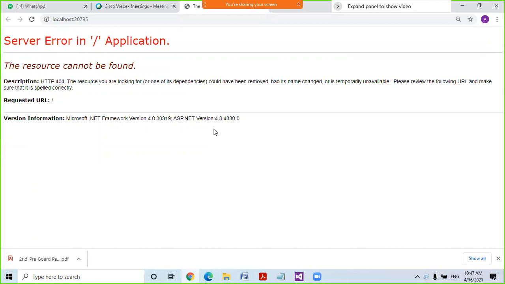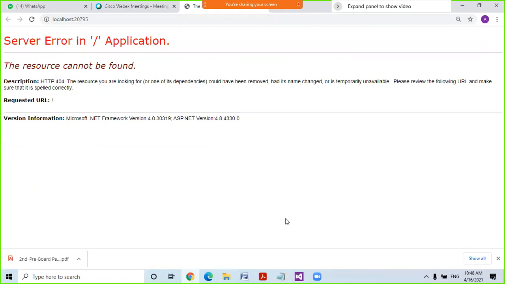I have created our own controller with the name information and the views page 1 and page 2. That's why the page is not coming on screen. So the default settings already in the route config we have to change. Then our page will be displayed.